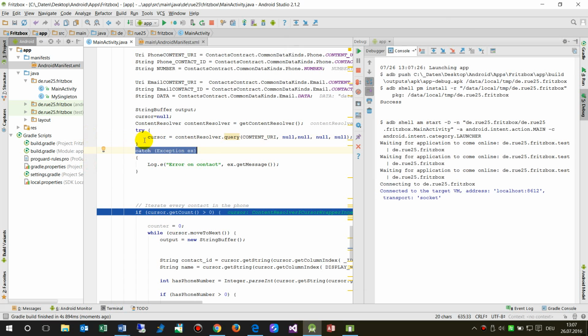So this was how to debug an Android app crash. I hope I could help you at this point, and if you need further help, give me a